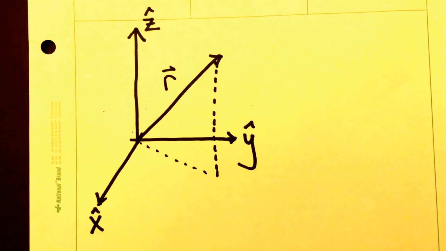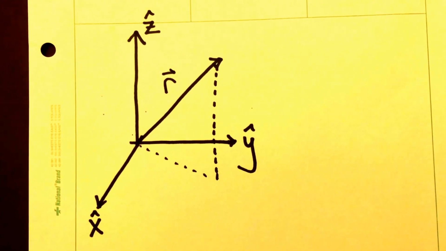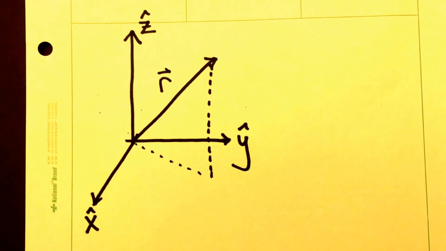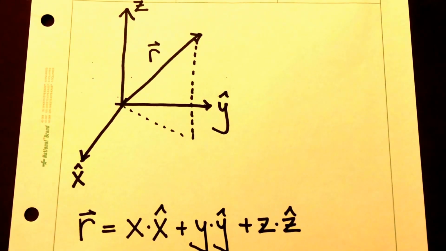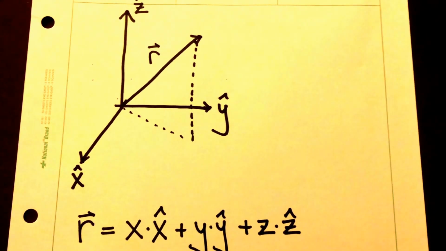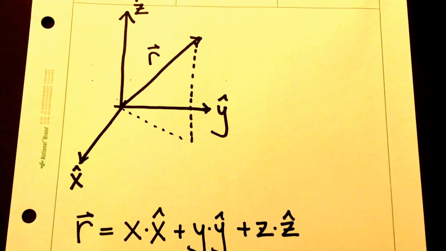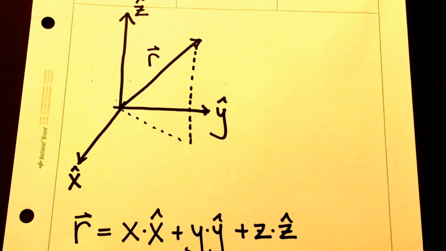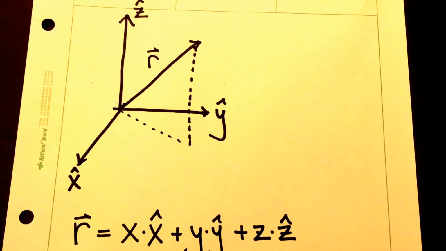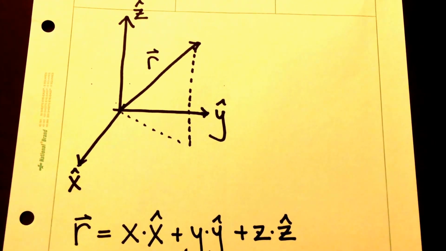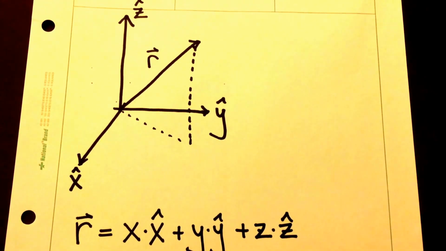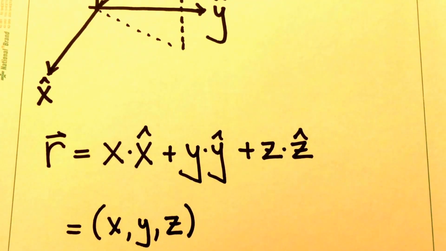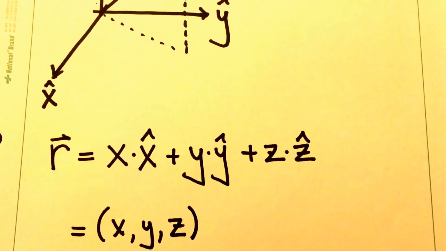So for example, if I shone a light perpendicular to the z hat vector, the length of the shadow the r vector would cast on z hat, that represents the z component of the r vector. There are several different ways to express a vector, in this case in the Cartesian coordinate system. Below the coordinate system here is one way, so that's r vector is equal to x the scalar times x hat the vector, plus y the scalar times y hat the vector, plus z the scalar times z hat the vector. This is equivalent to writing x comma y comma z all in parentheses.